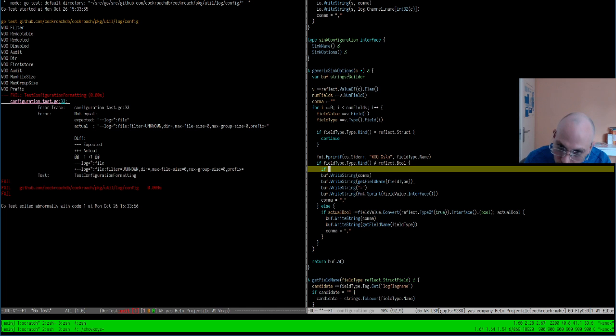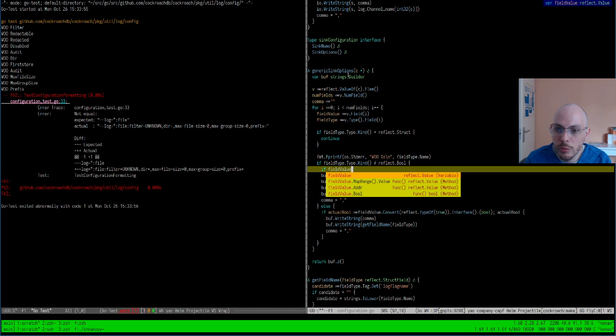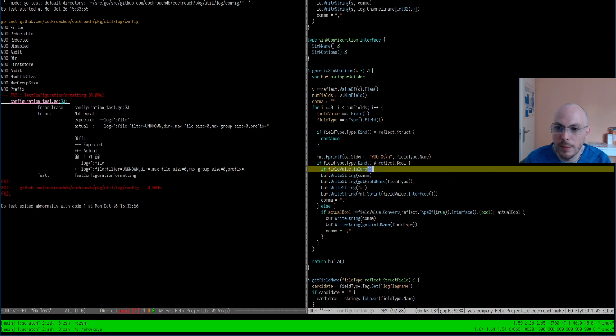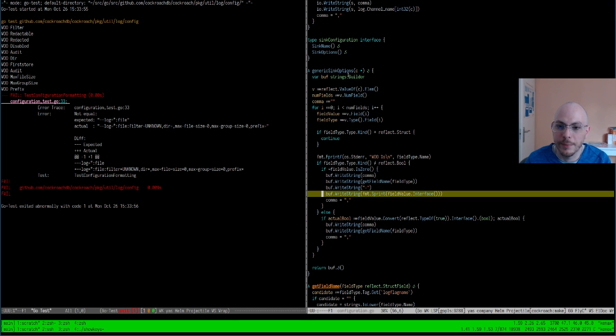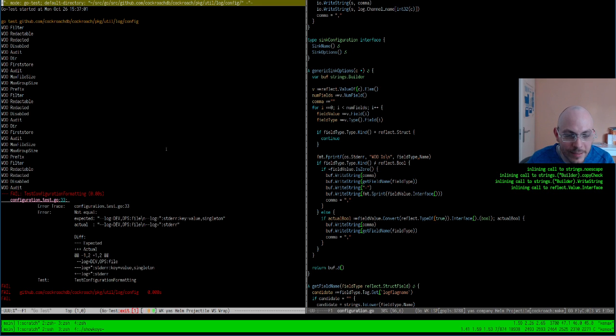So, if it's not reflect.Bool, and also, if the field value is not a zero for its type, then I do the thing. Look at this. All the options for it have disappeared. This TDR has no options.